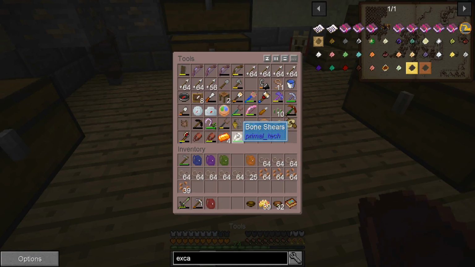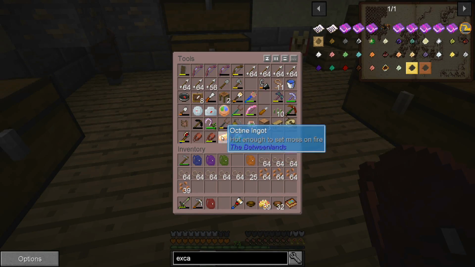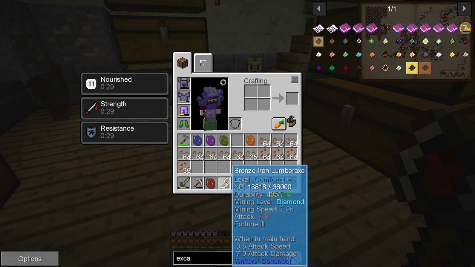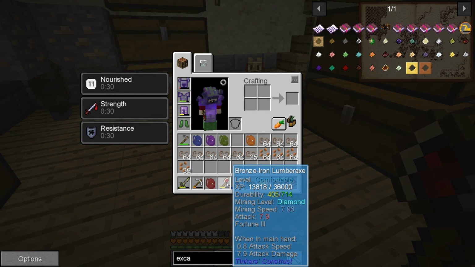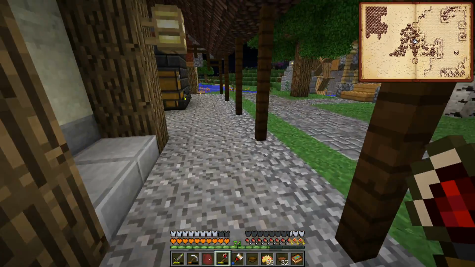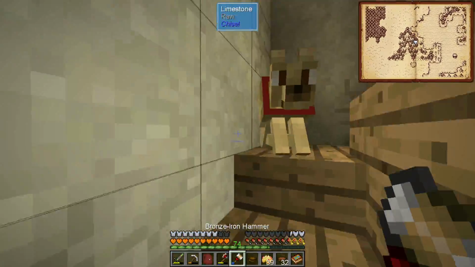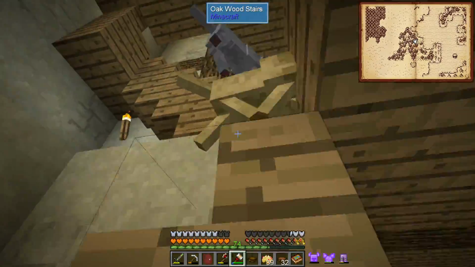Because if we grab our tools and look at our hammer and our lumber axe, both of these guys have Fortune 3 and 3 levels of speed. So this mining hammer is now extraordinarily fast, and I hear one of these guys growling. Yep, that's what I figured. So I want to see if this is...